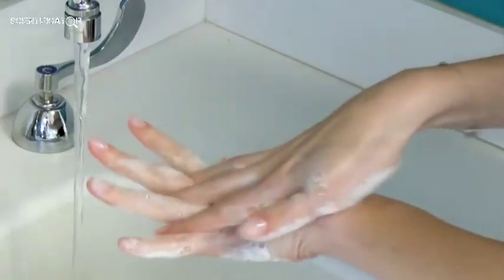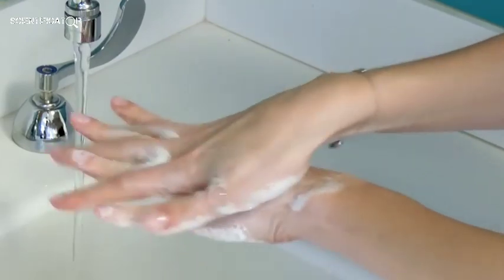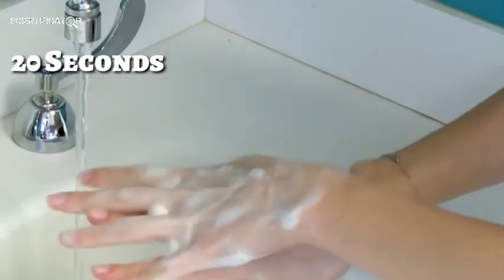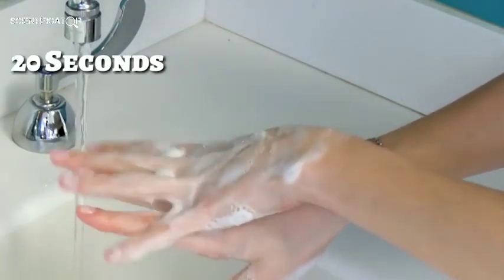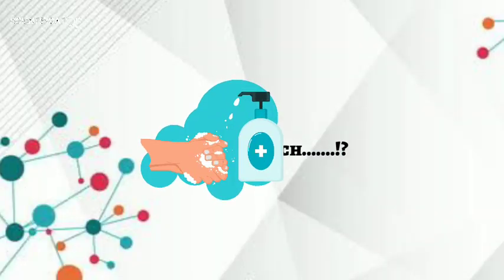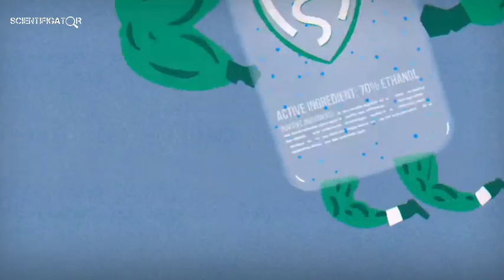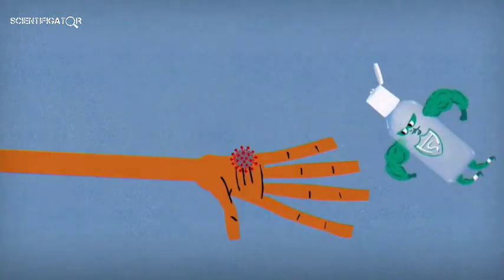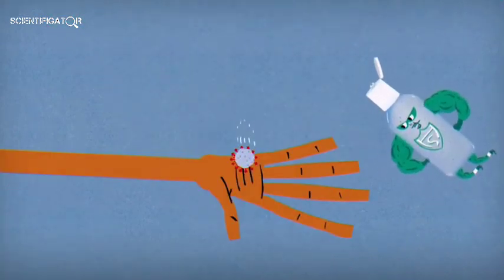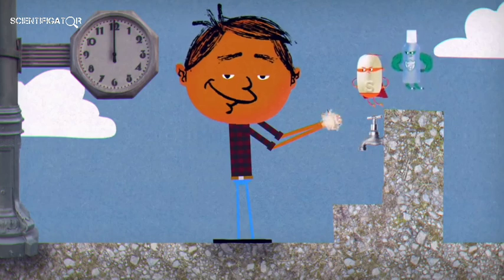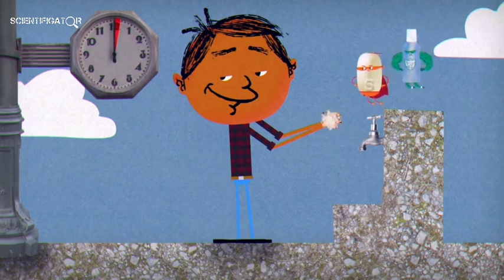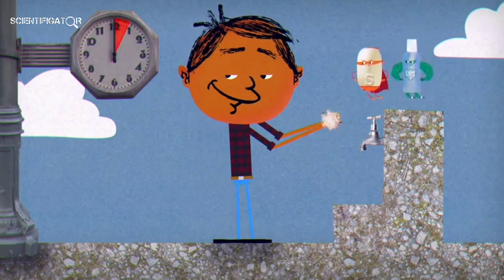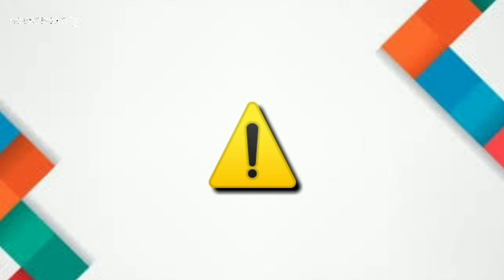Another important thing is that you should wash your hands for about 20 seconds in order to entirely wipe out the viruses. There could be a doubt on how much sanitizer you should use. To use hand sanitizers effectively, place a small amount, the size of your thumbnail, on the palm of your hand and rub it over your entire hand, including your nail beds. If the gel gets evaporated in less than 50 seconds,